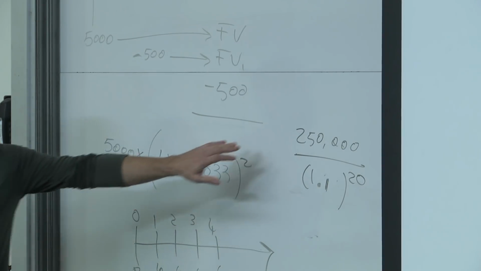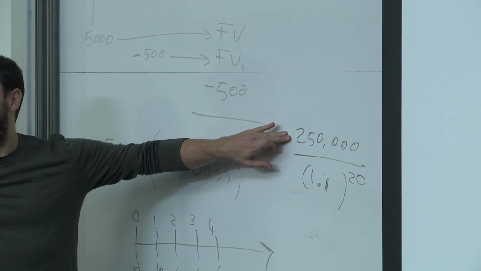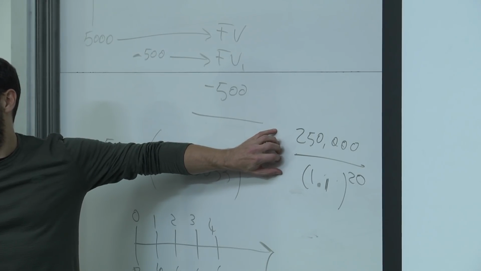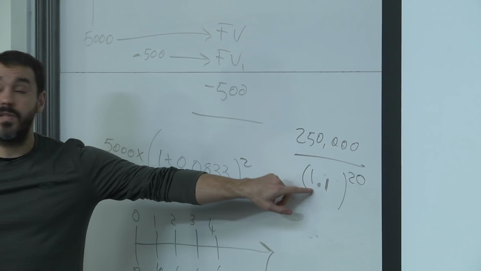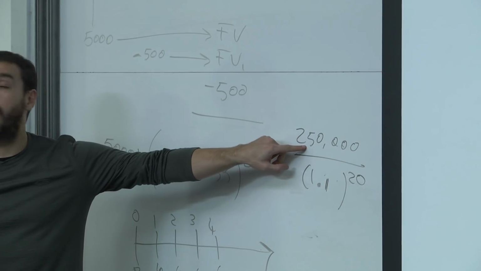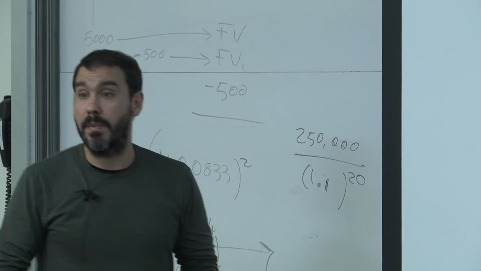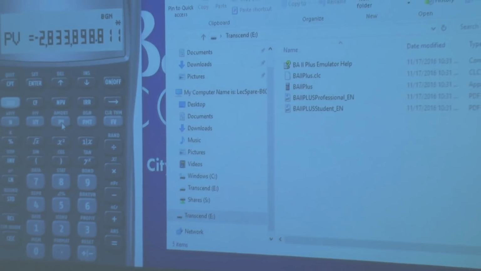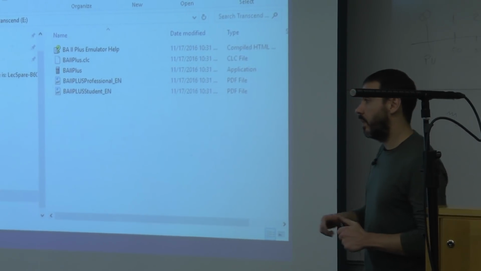To generate this $250,000 that you will receive in 20 years, you would need much less money today. You would need to set aside this amount so that after receiving interest for 20 years, it would grow into $250,000. That's why its present value is smaller. You would be able to generate that future cash flow with less money today. So by the time you actually receive those $250,000,